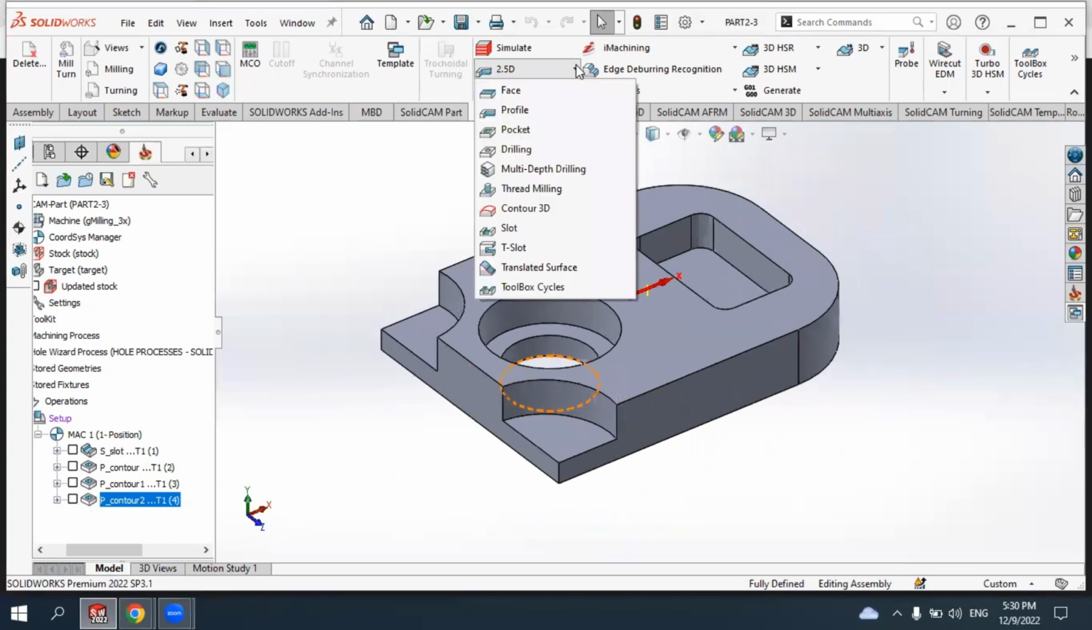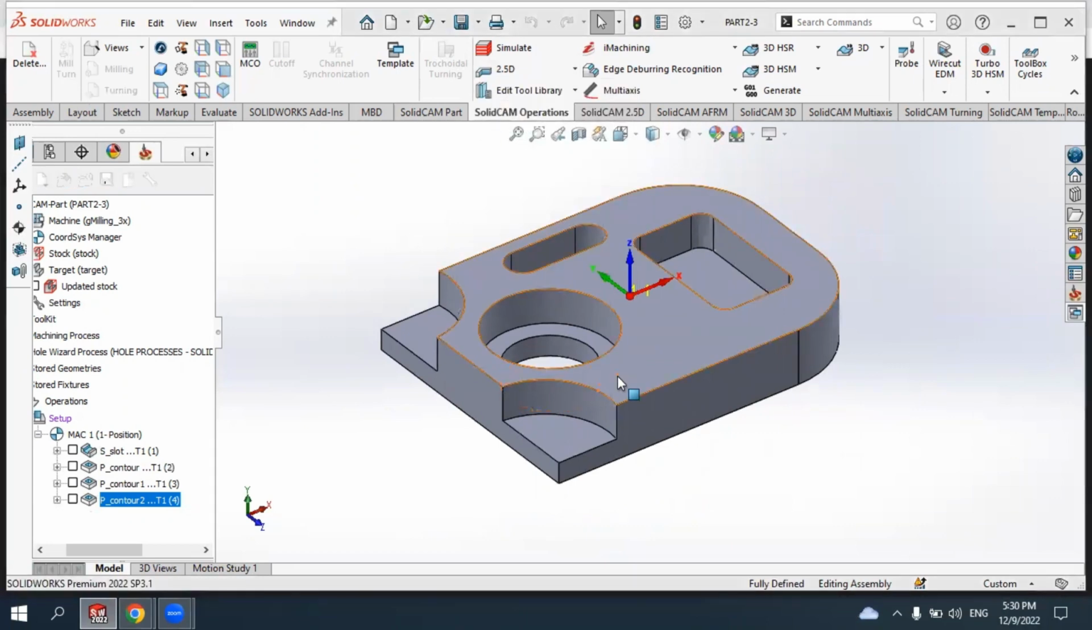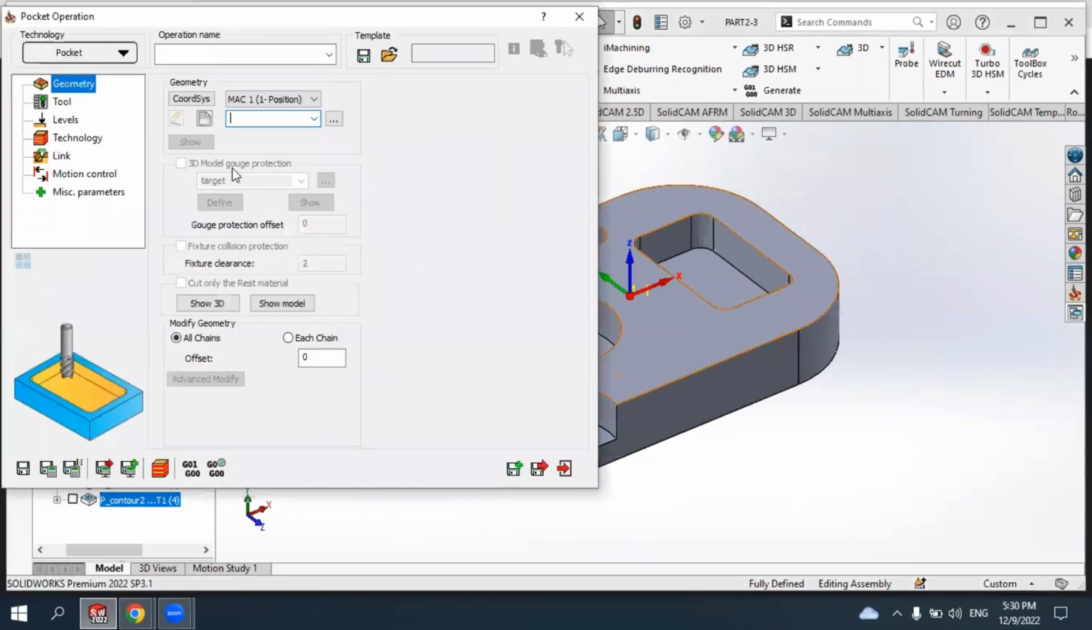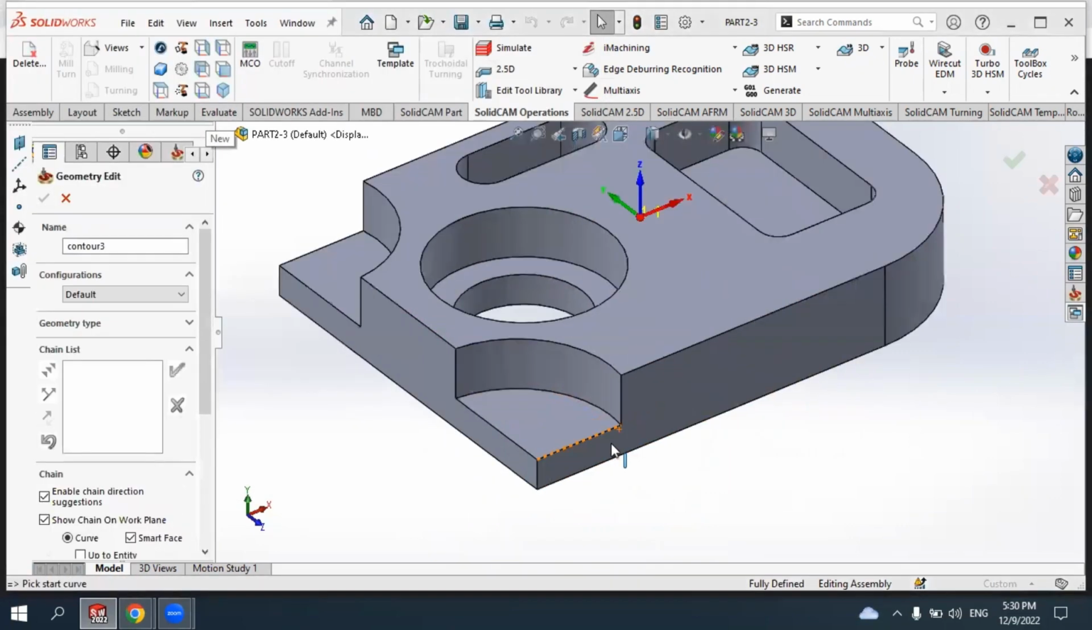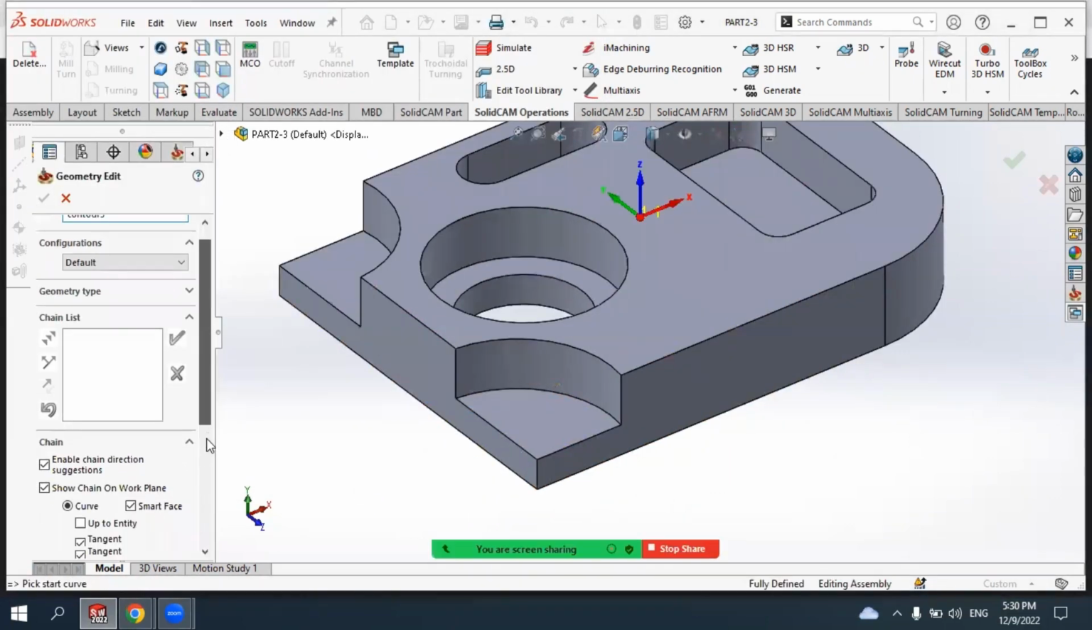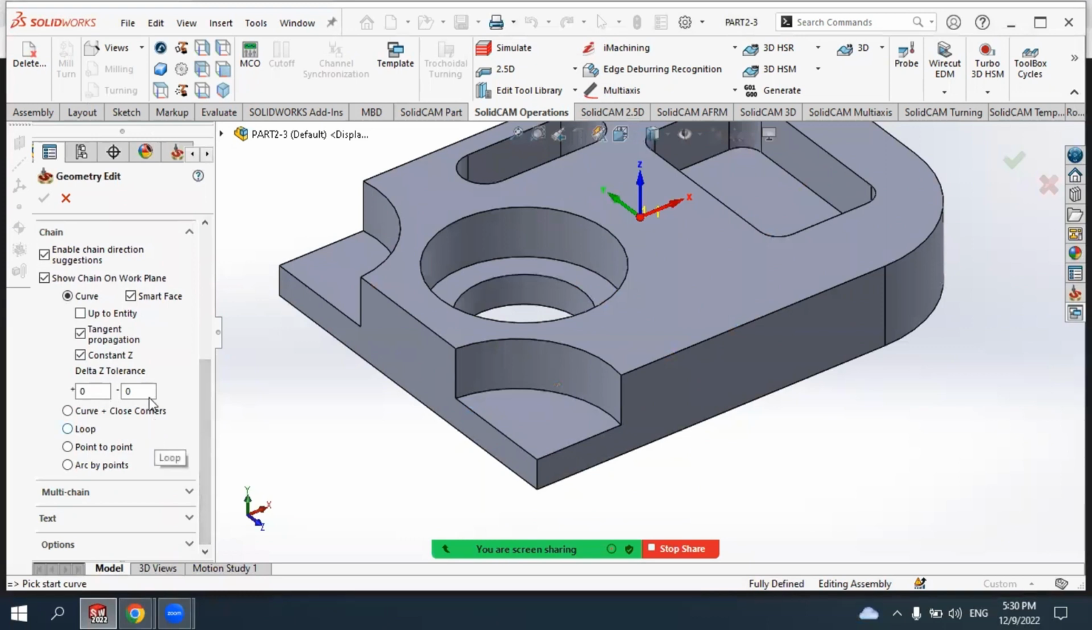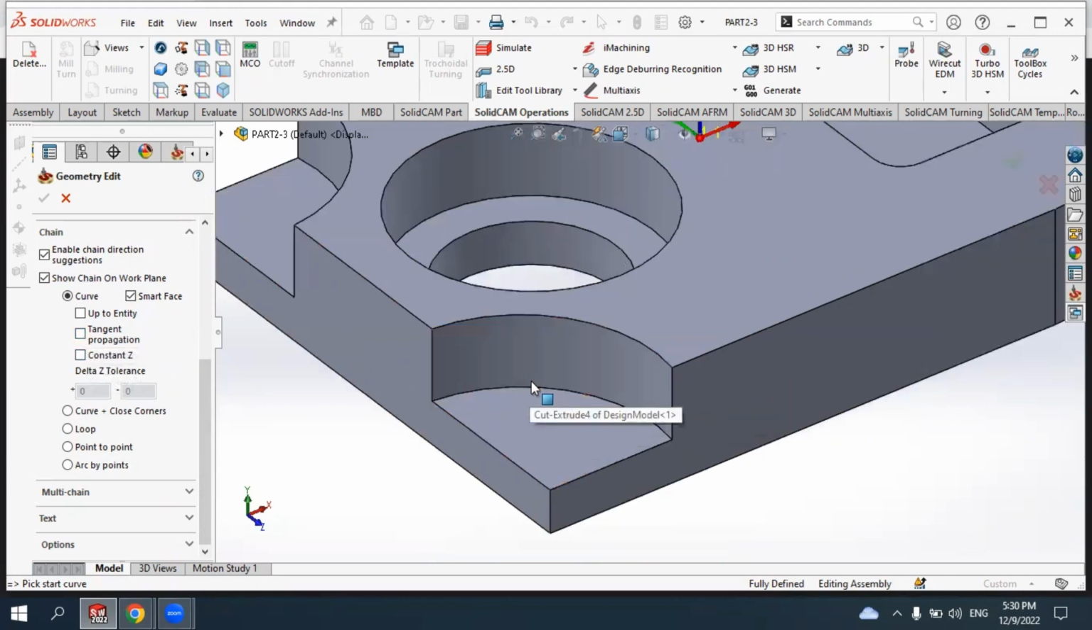So we will use in this case again the same operation, the pocket. Click here, the pocket. So again, we need to define the geometry. Click here, the new geometry. In this case, I want to use another option to select the geometry. I want to click here to deactivate this one, tangent propagation and constant Z level, and just select here